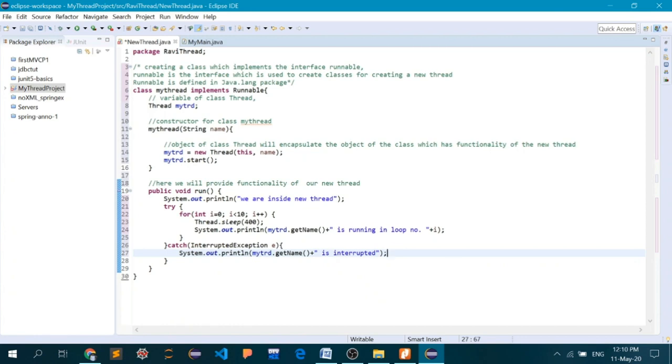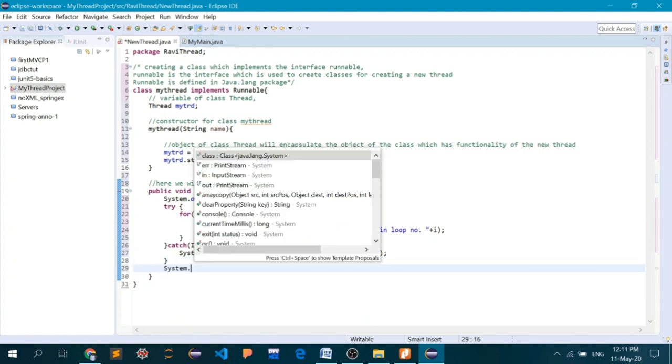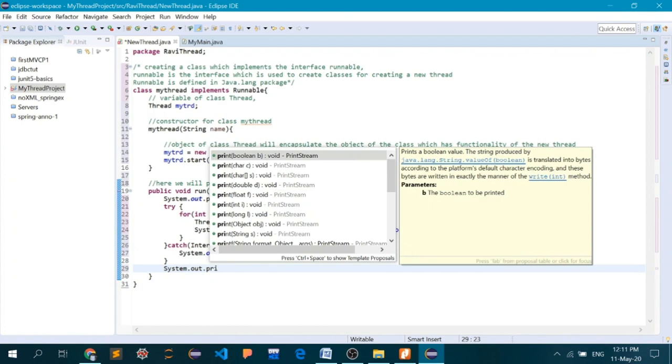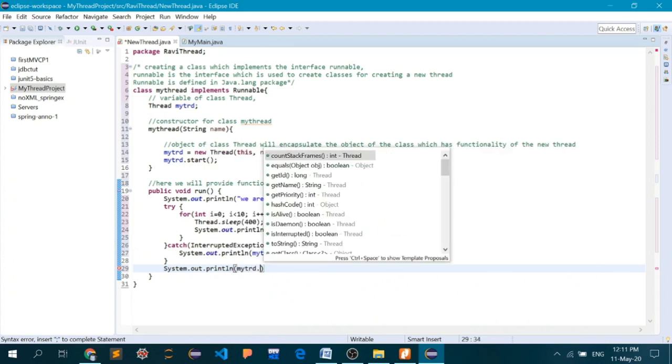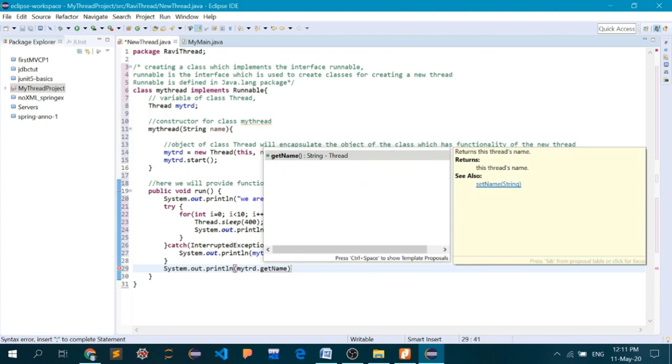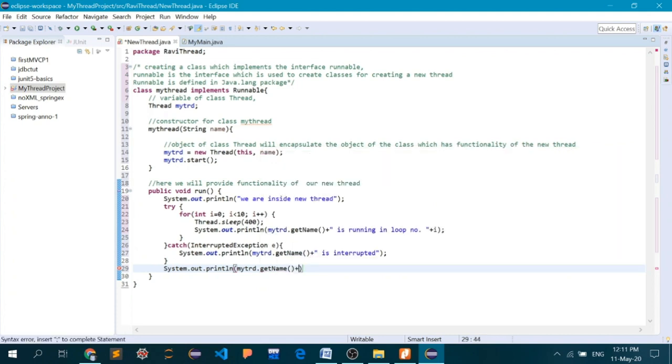Okay. And lastly, outside of this complete try catch block, I will insert one more thing: System.out.println, and I will write mytrd.getName() plus " is terminating".